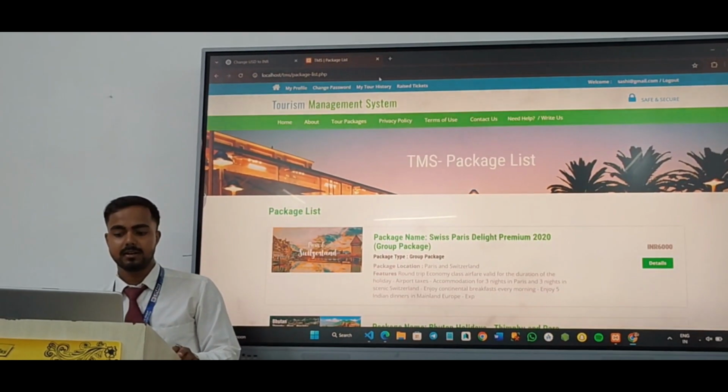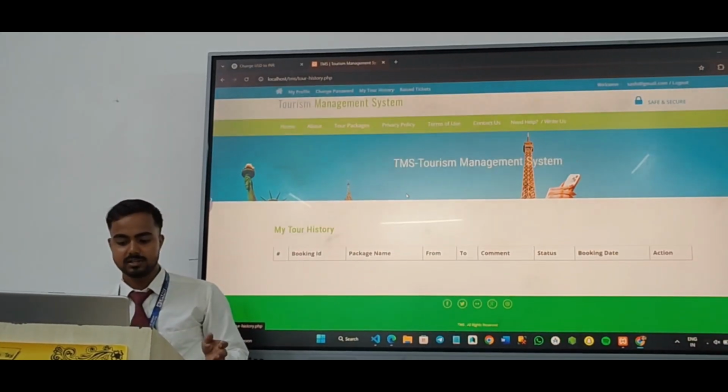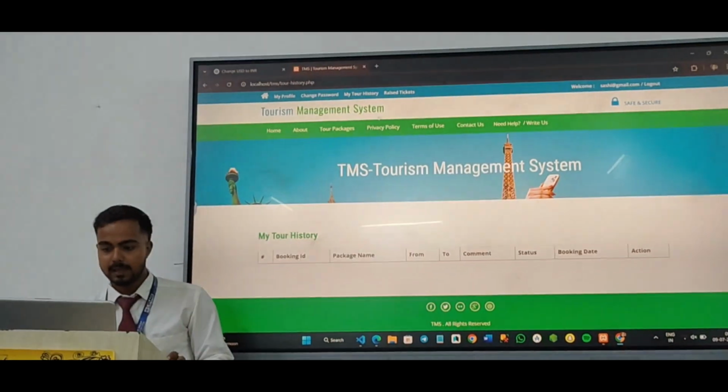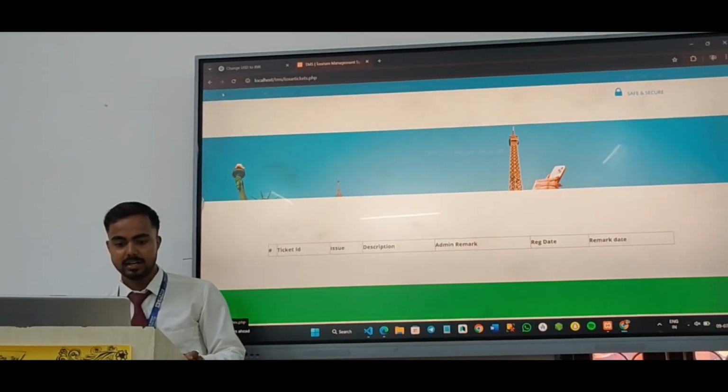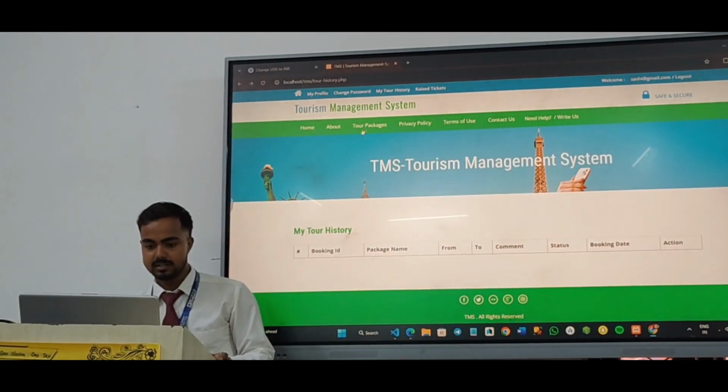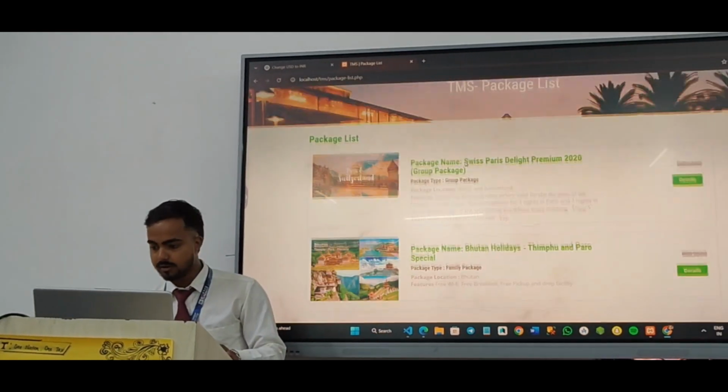In the new account, we can see in tour history it is new, so there are no bookings and also no tickets raised. If we book a new package, then it will be shown here.